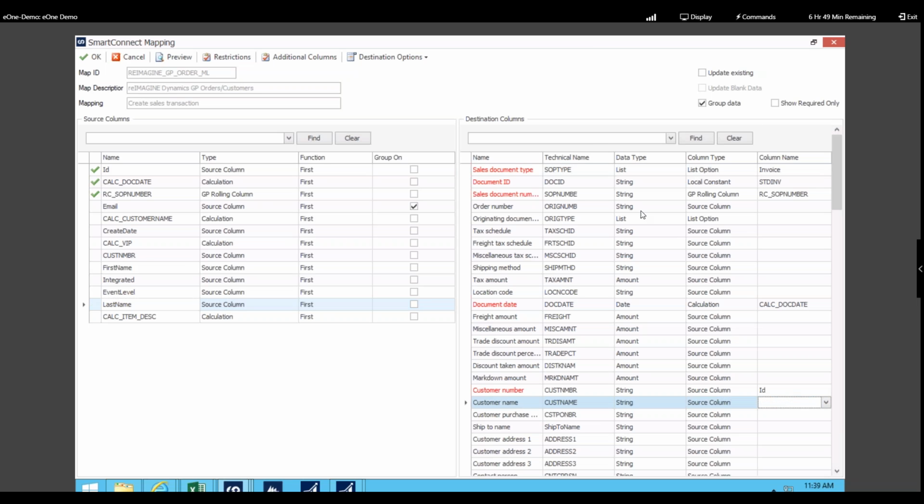Now on the right-hand side, you'll notice that a few of these fields are listed in red, and that means that these are absolutely required in order to create the type of transaction you're asking it to create. So you absolutely need to map, in this case, the sales doc type, the doc ID, doc number, etc. Okay? If you started mapping some of these out and you didn't map all of the required fields and then you tried to hit save, you get an error